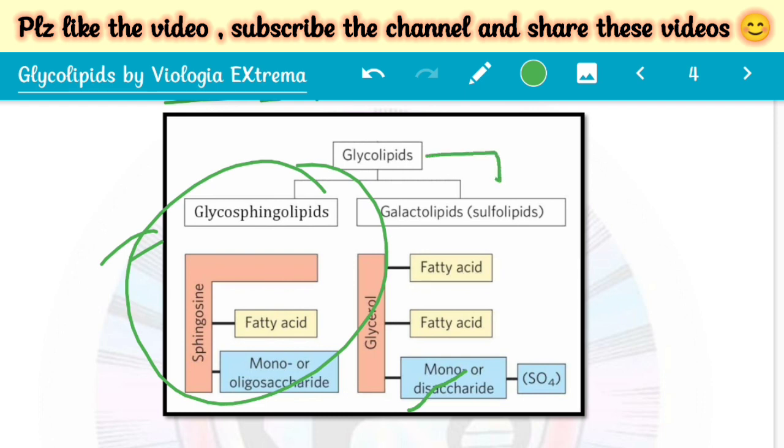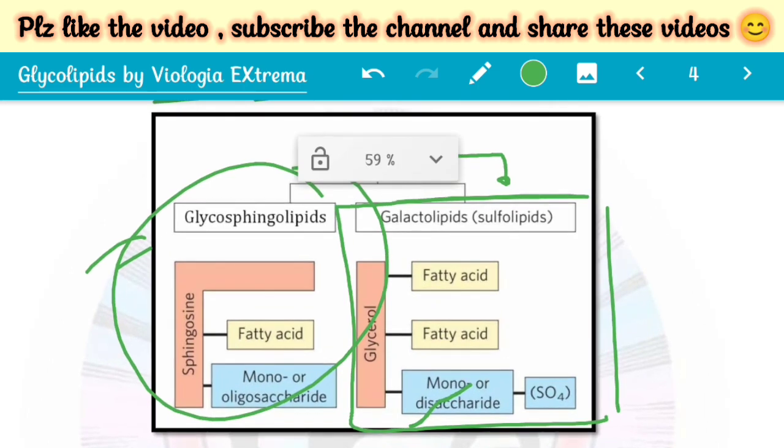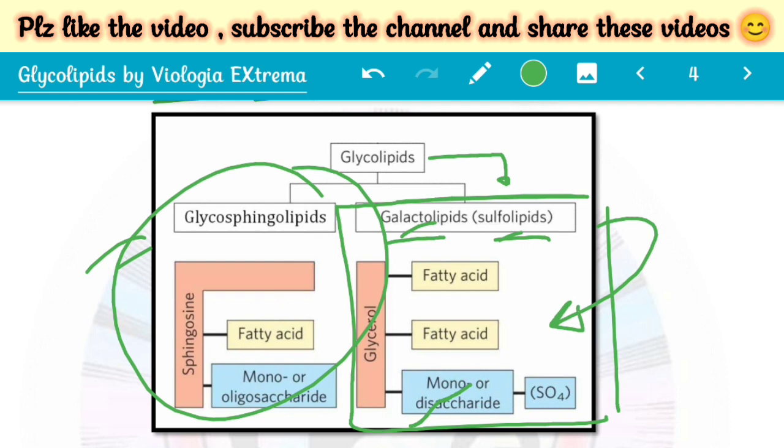Now we will start with the other part. You will get the notes in the description, and here they mention galactolipids or sulfolipids, and they kind of created a confusion, as if galactolipids and sulfolipids are the same thing. We are getting just this structure only, but as I said, they can be glycosphingolipids due to the sphingosine alcohol, and in the case of a different alcohol group, the glycerol group, they are called glyceroglycolipids. That term is more correct, and in other books it is referred to as glyceroglycolipids.